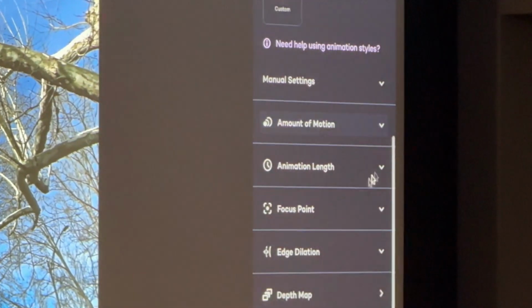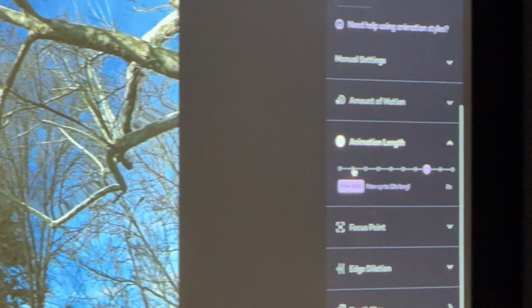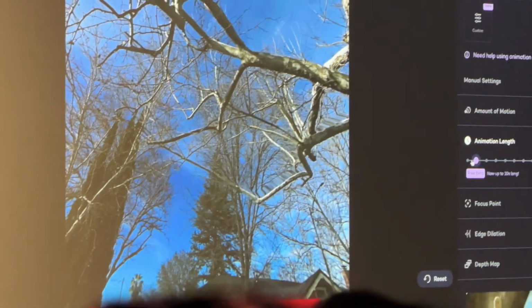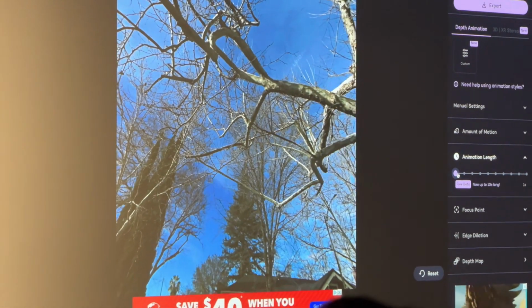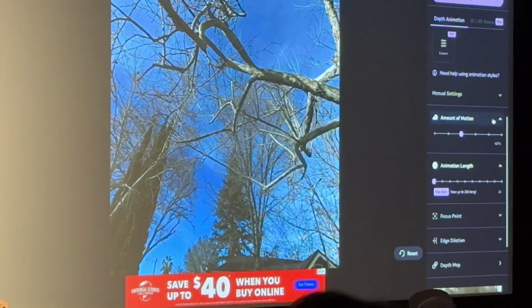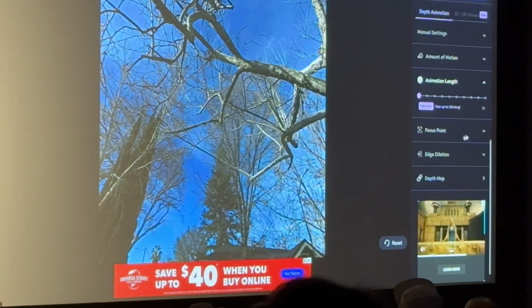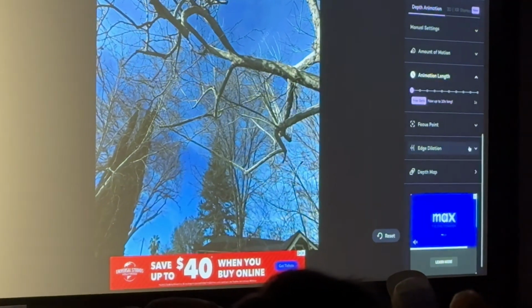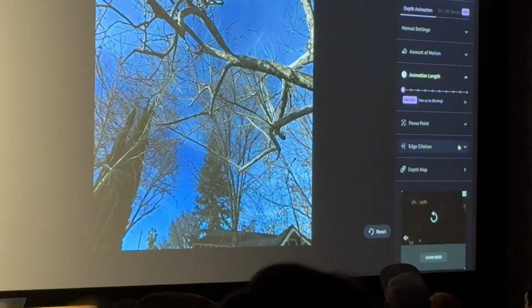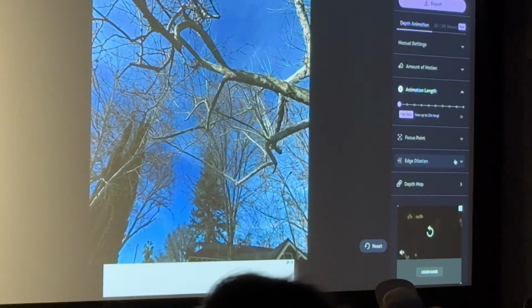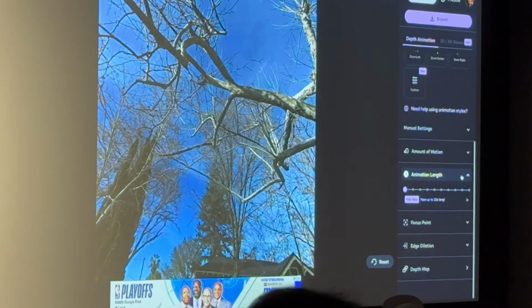So you have to go over here, and let's actually make the animation length way lower. That gives you a lot more of an impact of what the animation is going to be like. You can also increase the amount of motion. You can change the focus points. You can change the edge dilation. Edge dilation is kind of like the edge around the objects that we add, which usually makes the animation a